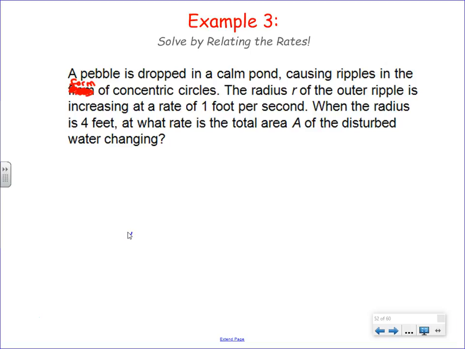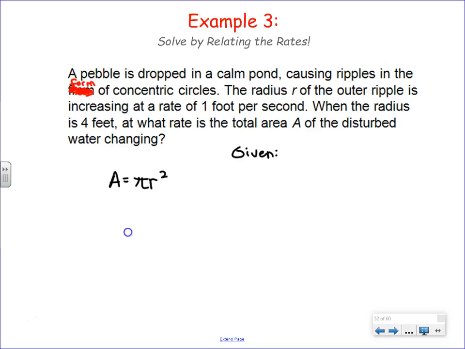So we need area. George, how are you able to say that? You said, so we need area. Because it said the total area. What rate is the total area? That's our primary quantity that we're trying to seek, right? So the primary equation, the primary relationship we need to work with, is area equals pi r squared. But thinking about our given and our find,